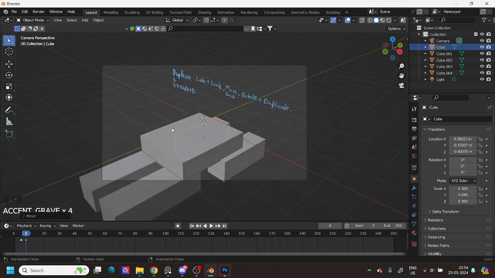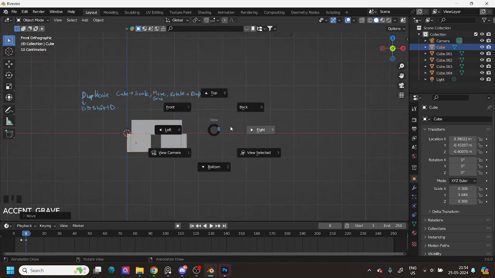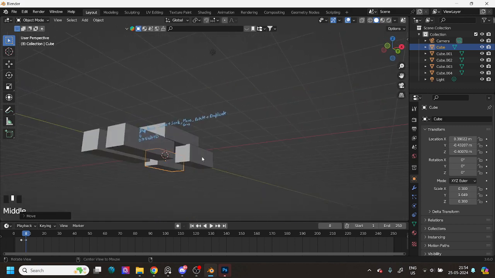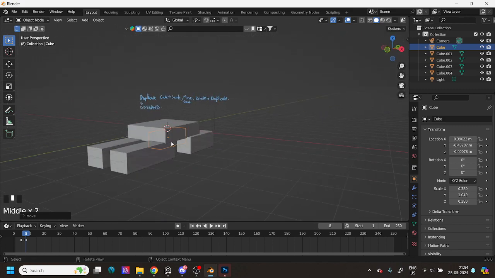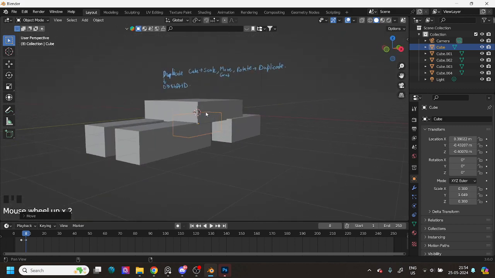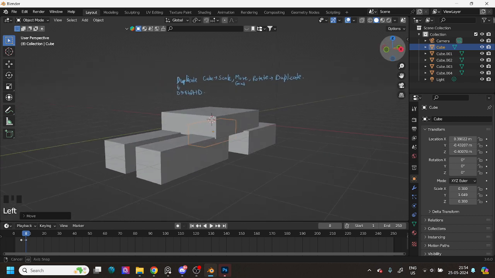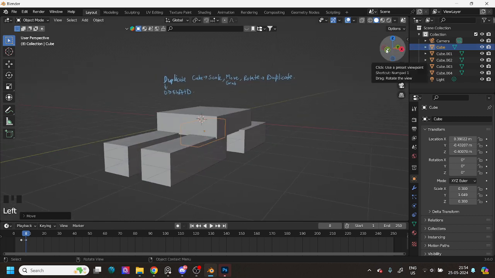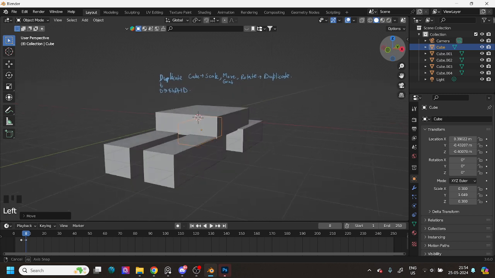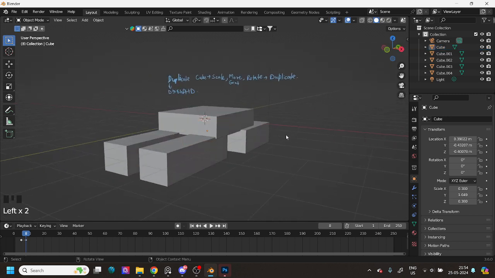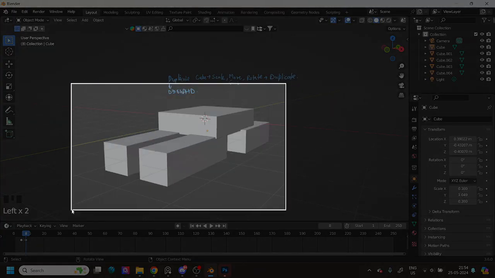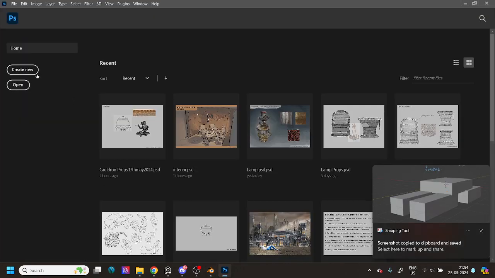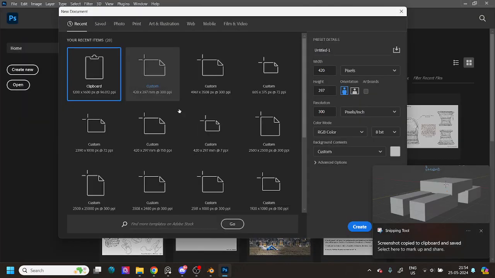Going in camera view. But let's not go in the camera view right now. Let's just press the middle mouse button and rotate the thing, or press this sphere right here and rotate it. I already have this. Now I can take a screenshot of this, and already